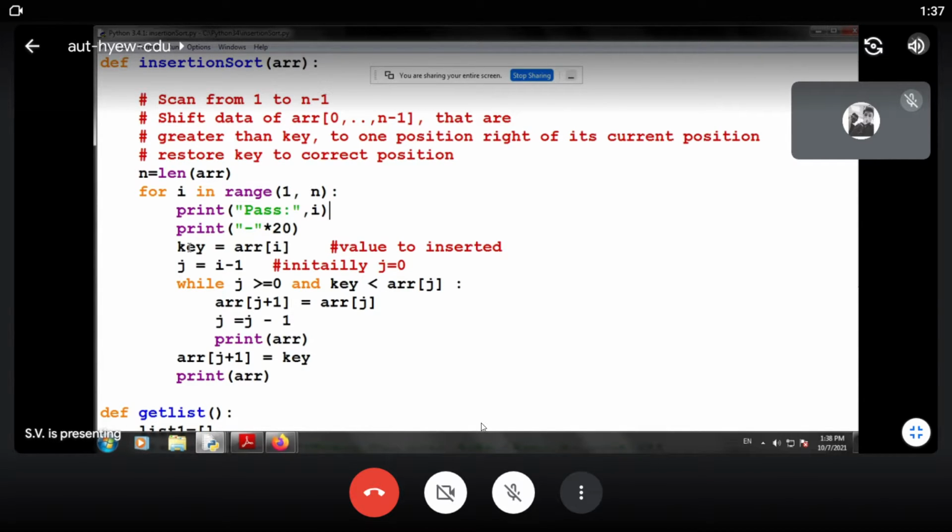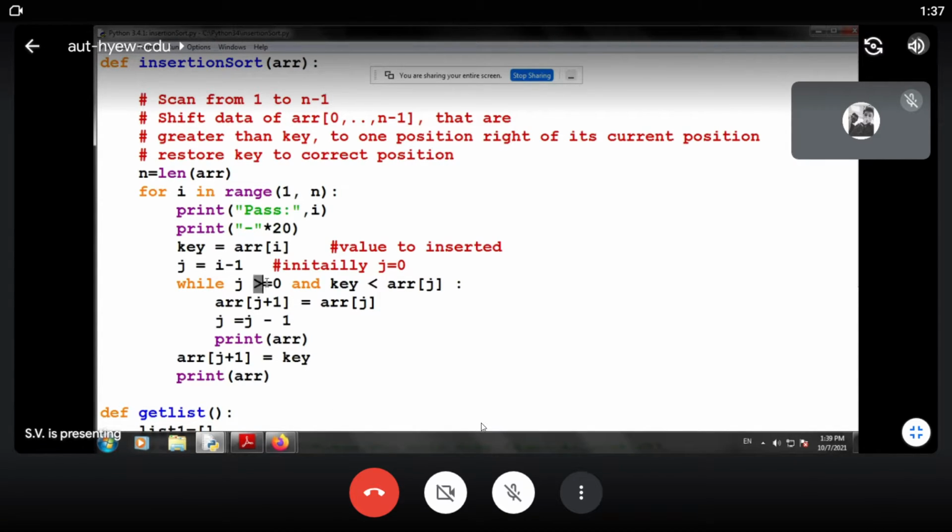Now over here, we first identify the key, and key is nothing but array of I. Initially this is array of 1, so it points to the first array index, and j is 1 less than I, so j is equal to 0 initially.